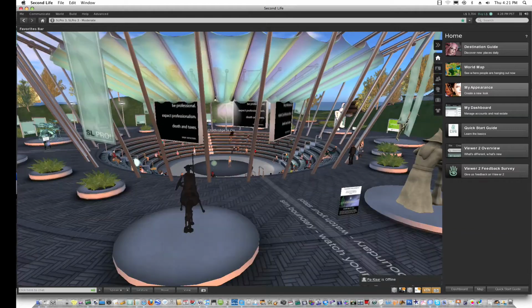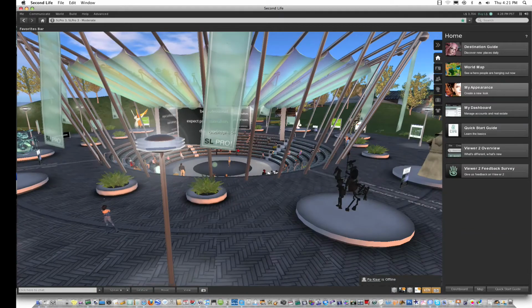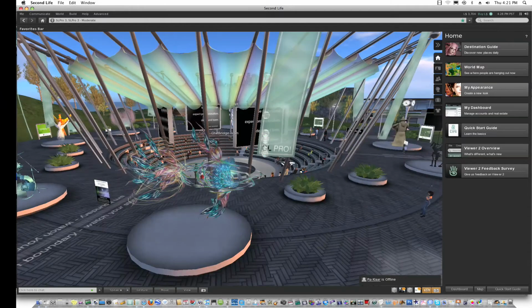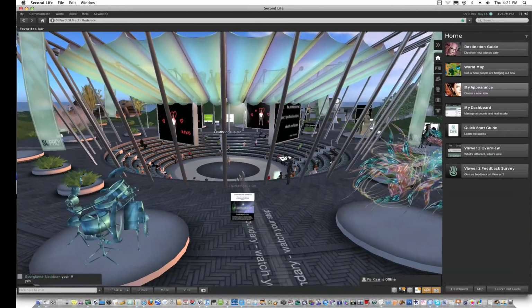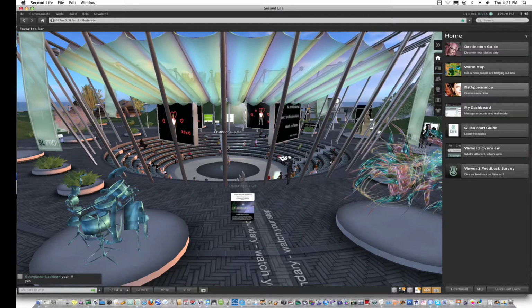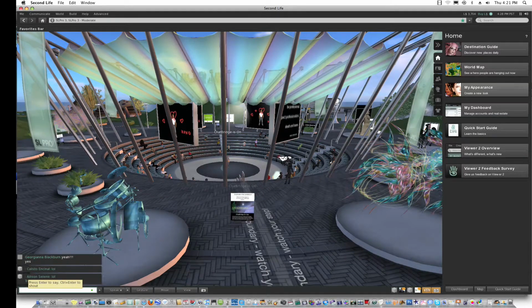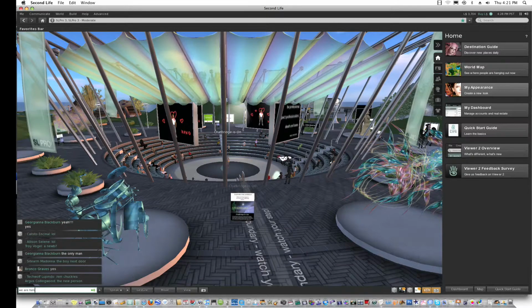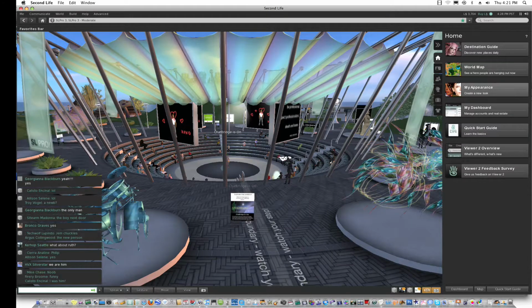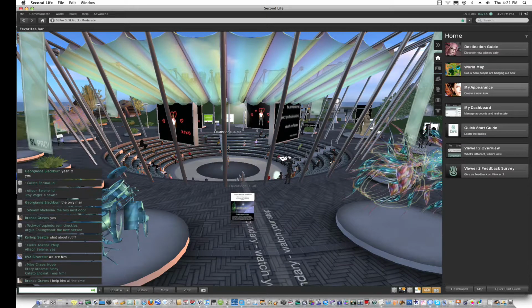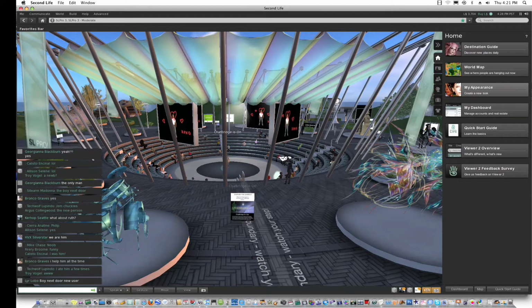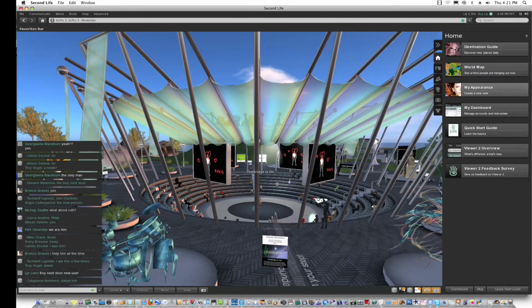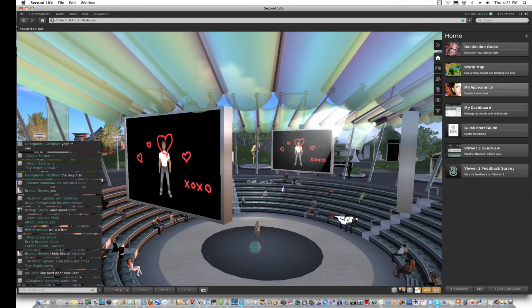And I do have a picture of him. I don't know if you guys have ever met him. Does anyone know that guy? No one's met him? Really? Yeah, that guy. He's a noob. He's a brand new user, and no one will be more important to understanding the new user experience in Second Life than that guy. And we hope, at least, that there will always be plenty of these people to meet